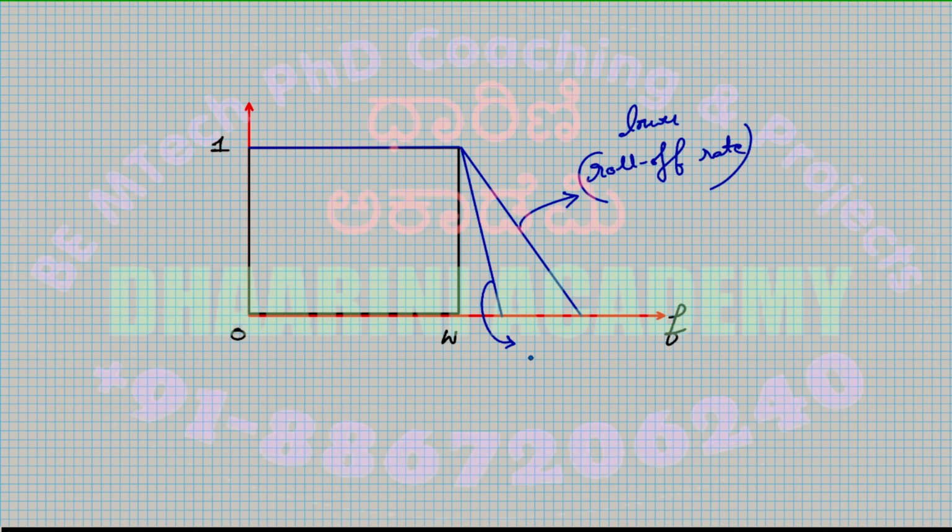This comes with a faster roll-off. So, for a slower or lower roll-off rate,